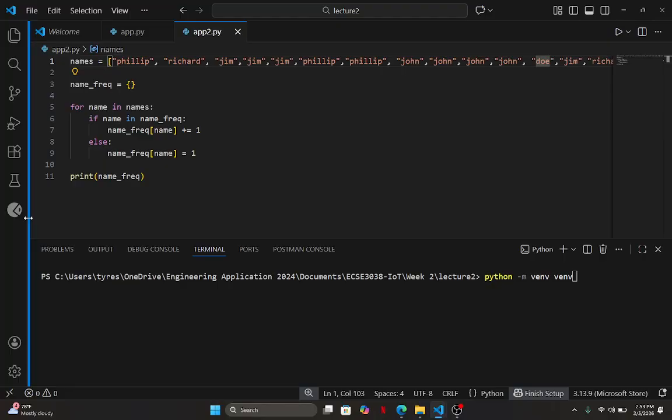I normally just call mine venv because it's easier. You can call it whatever you want, but I would hope that you just call it venv for simplicity. You can call it virtual environment, you can call it gym, you can call it dog, you can call it banana. But I always call my virtual environment venv. So I'm saying, Python, call on a module that is called venv and make a virtual environment called venv.